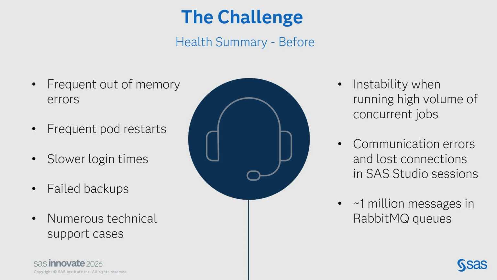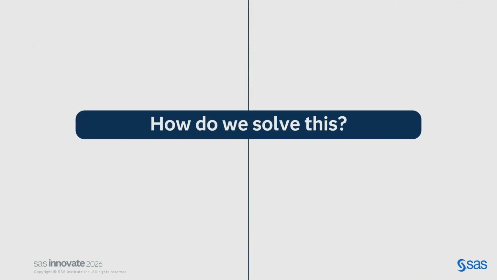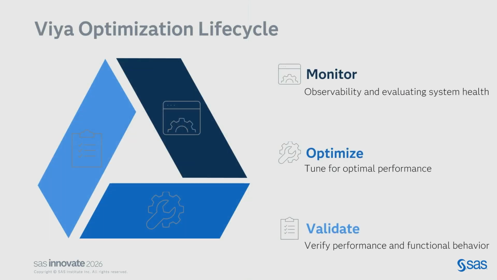All right. Thank you, Yiqing. So as Yiqing just said, we saw a lot of issues, right? Pods were restarting, pods were failing, poor performance, users seeing runtime errors, just not the best user experience, right? So how do we go about trying to solve a problem like this? Well, we'll start with something I'm calling the VIA optimization lifecycle, which is a constant cycle of